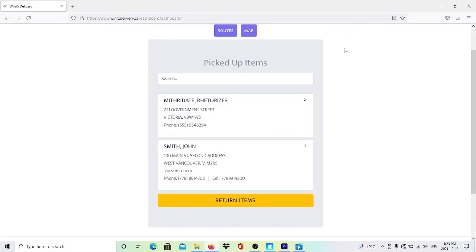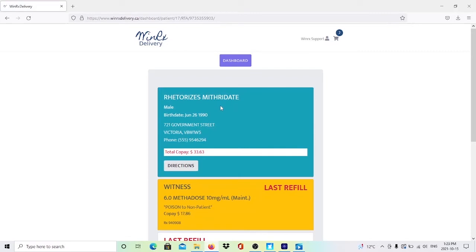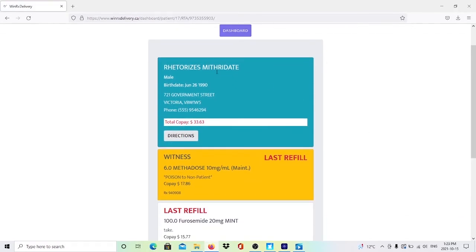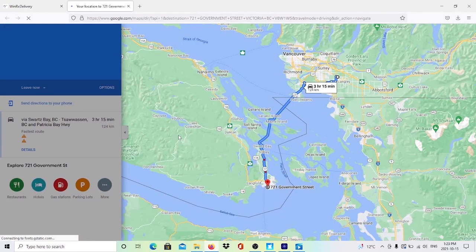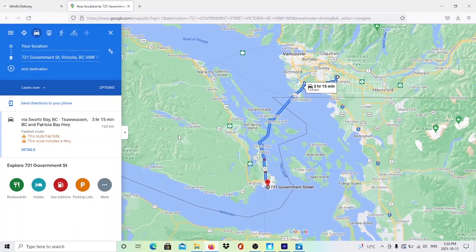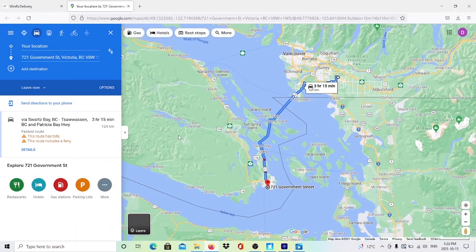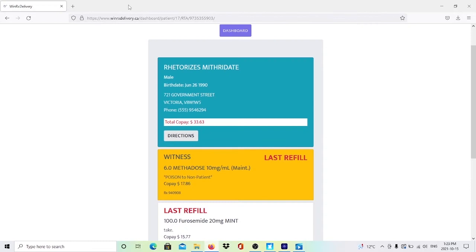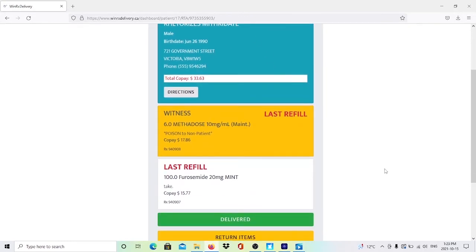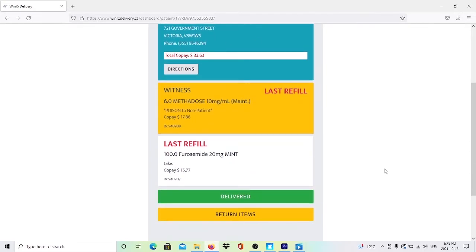Now, before they get to a patient's address, they can click on the patient's name, and they can get directions to their address by clicking on the Directions button. When we click on the Directions button, we're taken to a map that shows directions from the address of the pharmacy to the address of the patient. In this case, the patient has a methadose prescription that needs to be witnessed, and it's colored in yellow. If we click on this prescription,